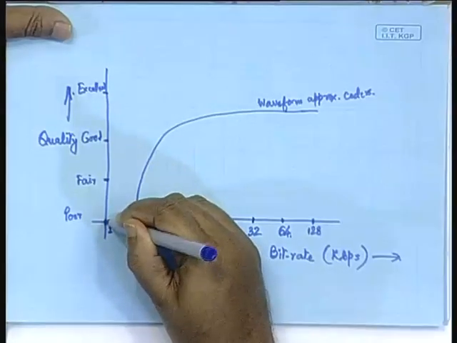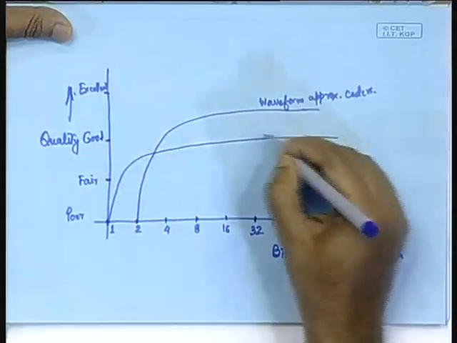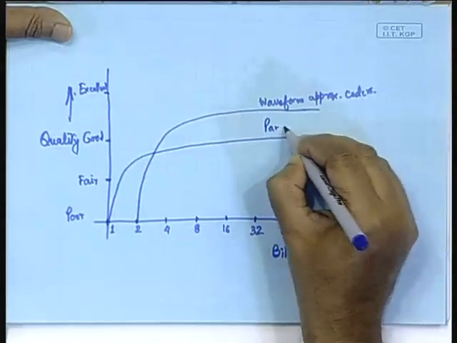So, obviously, you have loss of information, and the parameters that you are extracting are definitely not giving the kind of natural feeling. As a result, the performance of parametric coders is generally much poorer as compared to the waveform approximating coders. So, a curve of this nature may be obtained. This is for parametric coders.